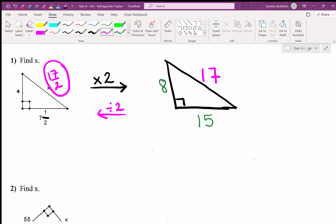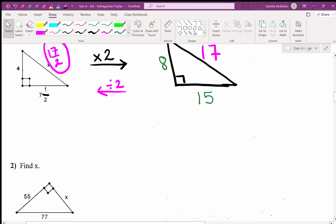All right, can we go to number 2? All right,